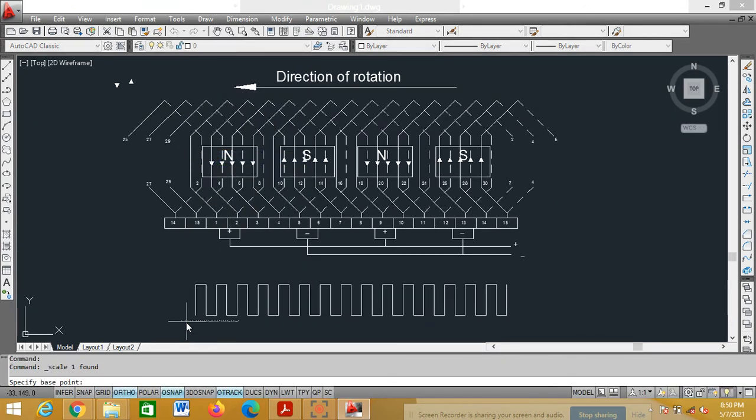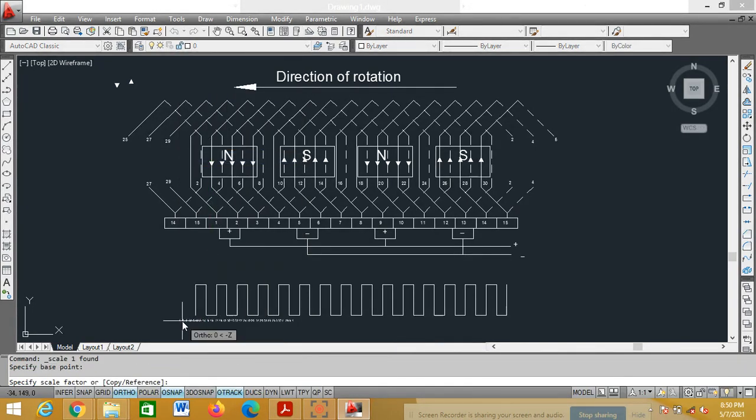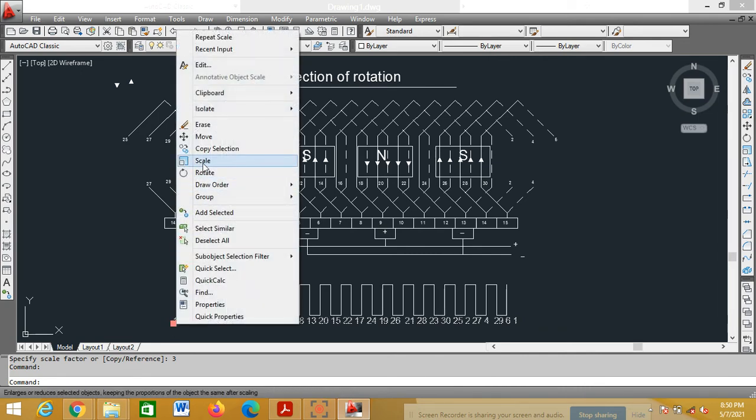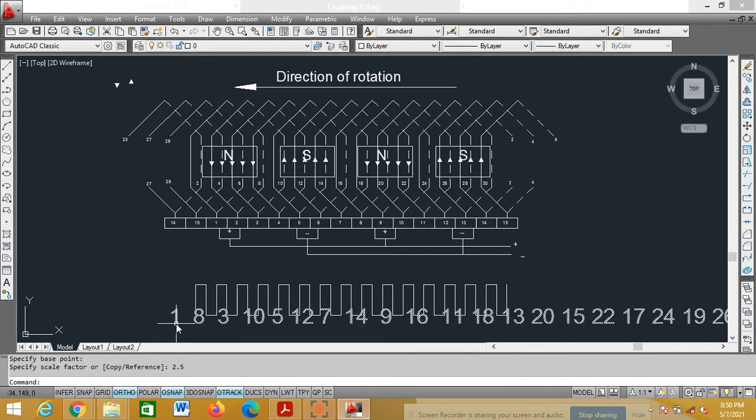Go to scale, select the base point. Scale factor, I'll give it as 2. See, 2. So again, increase more. Right click. This is trial and error. Again, select this. I'll give 3. 3 is more. So I'll slightly reduce it. It's increasing.